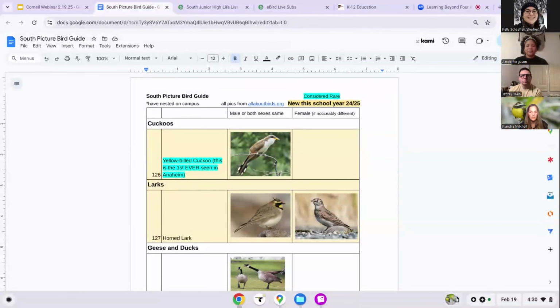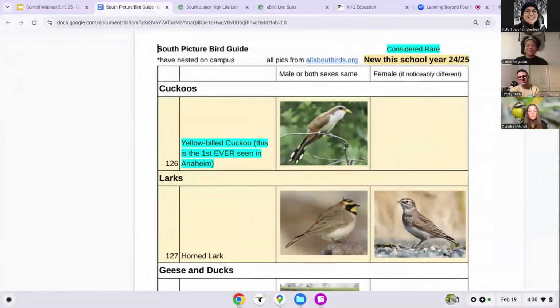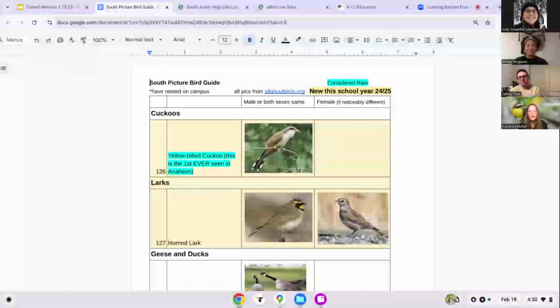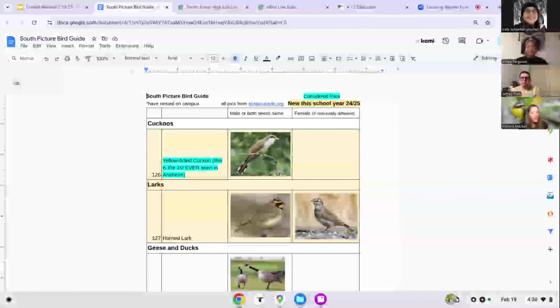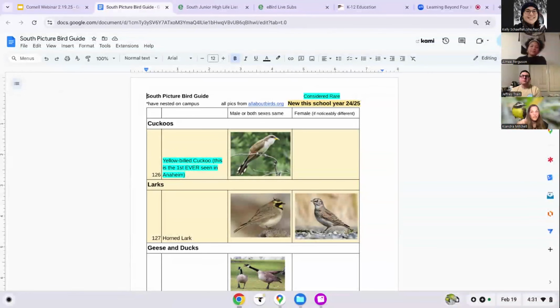They get so excited when we get something new. Like they were freaking out when we got yellow-billed cuckoo this year, because one has never been reported on eBird in Anaheim, and it showed up at my school. So then the whole staff is involved, and what I've noticed is that the kids actually share what they are learning with the adults, and it's building relationships on campus beyond anything I could have imagined. If you walk around my campus, we are truly the only school in the area where everybody's looking up. Not everybody is looking at a screen. Everybody's searching for birds. And we have, again, about 1,200 students.